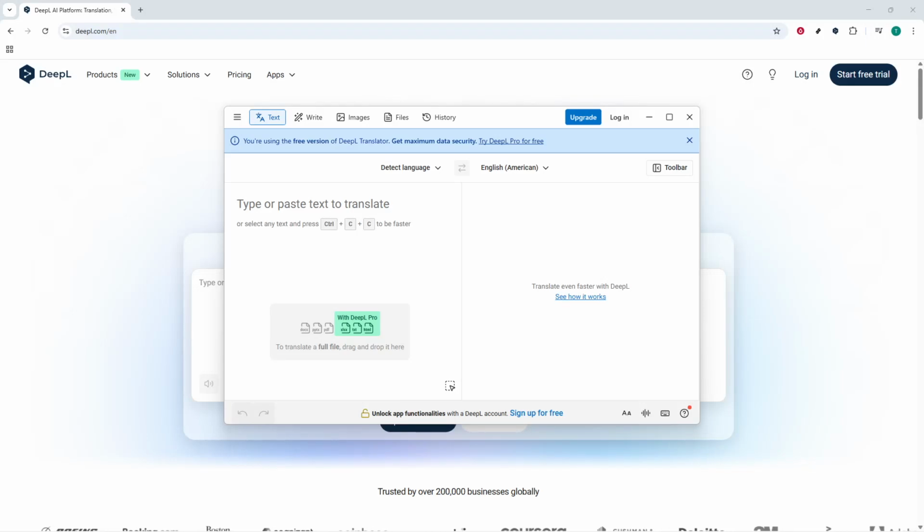In today's video, I'm going to teach you how to use DeepL dark mode. If you spend a lot of time translating or reviewing text, switching to dark mode can make a big difference. It reduces eye strain, especially in low light environments, and can help you stay focused longer. Today, we'll walk through how to enable it in the DeepL app on Windows, and I'll share a few helpful